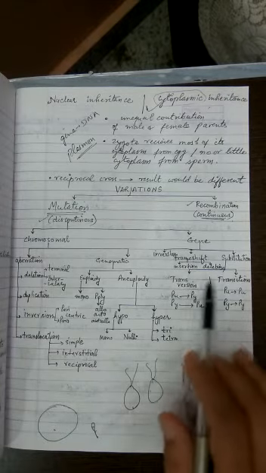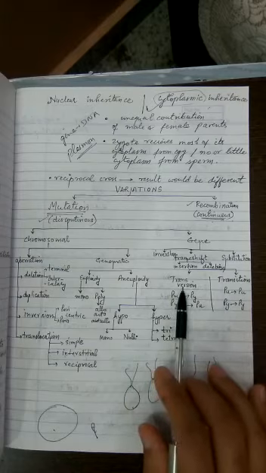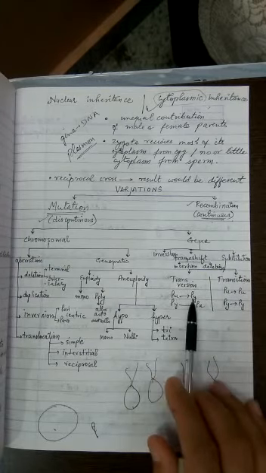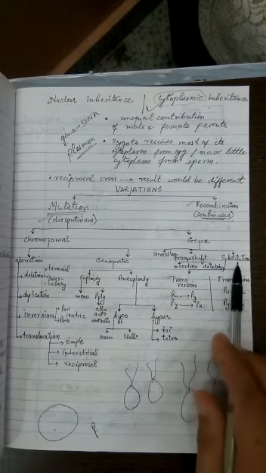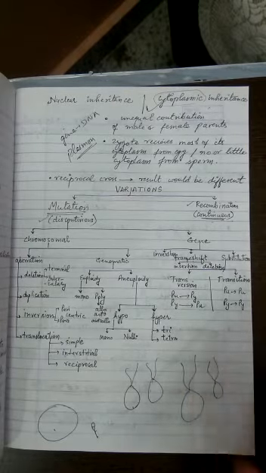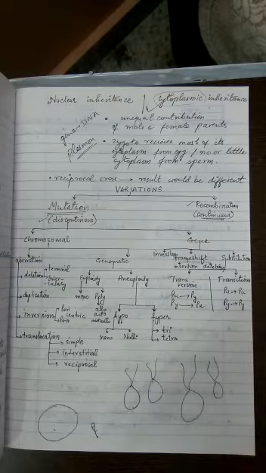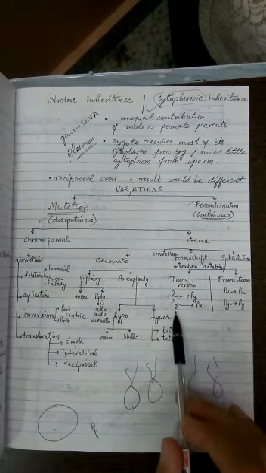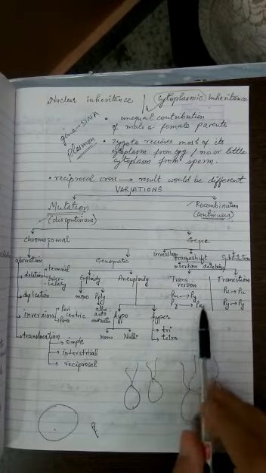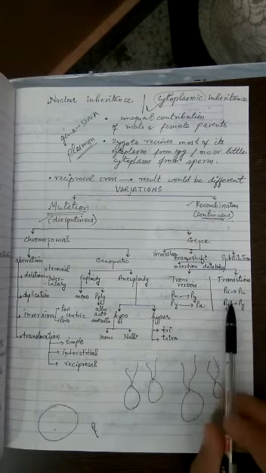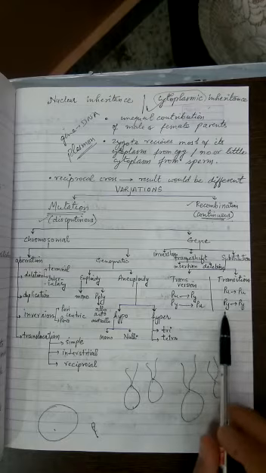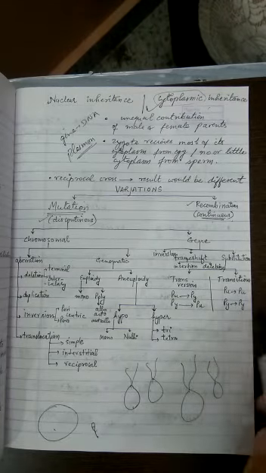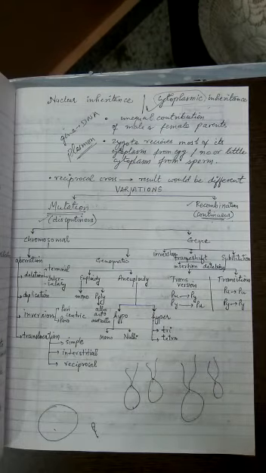Remember, these changes can be transversion or transition. So when a purine is replaced by pyrimidine, that means substitution I'm talking about. Substitution means replacement. So when a purine is replaced by pyrimidine, it is called transversion, or when a pyrimidine is replaced by purine, it is called transversion. But a purine replacing purine or a pyrimidine replacing pyrimidine is called transition. Further details we are going to do in the next chapter.